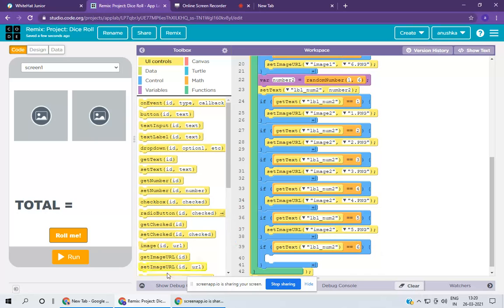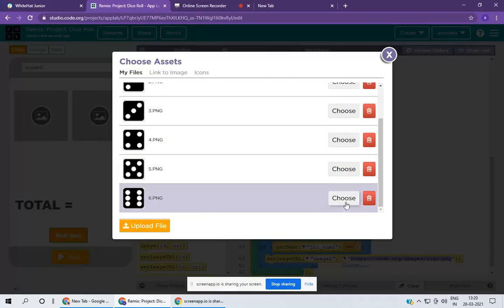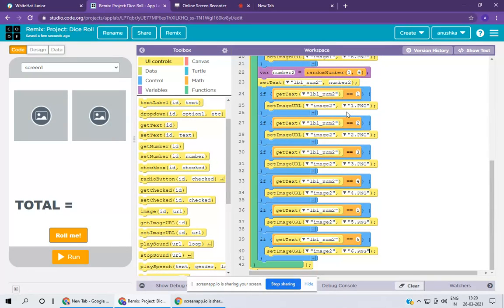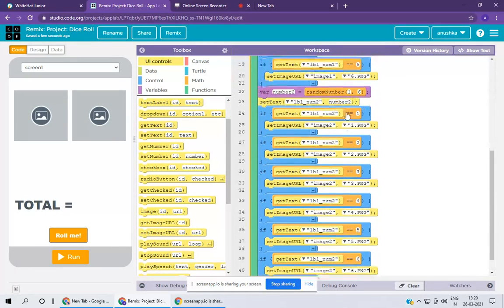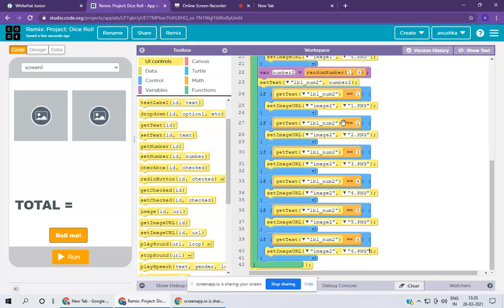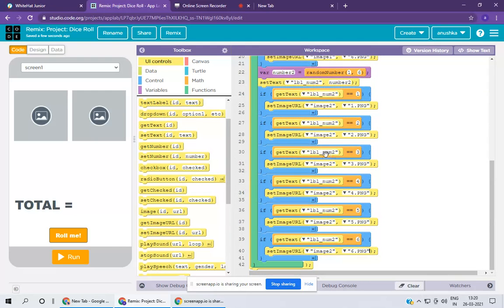Okay, so see friends, I was telling that after this, my project is not completed yet. We had done this coding for the sides, for the dots of dice, but we had not given any command to the computer.